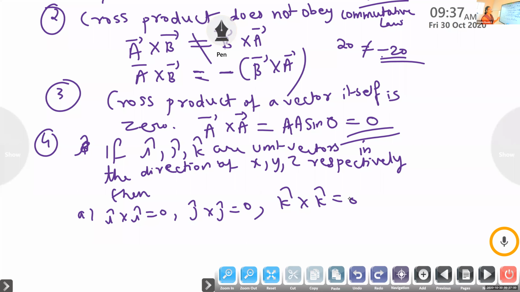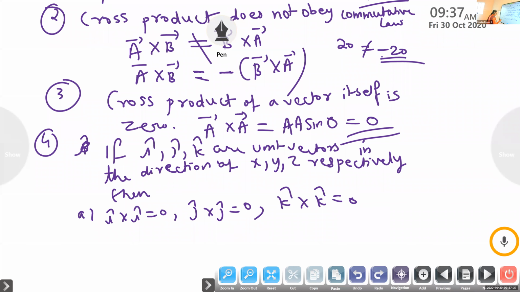But in dot product, see, in order to reduce your confusion, have a comparative study. In cross product, k cross k, i cross i is 0. But in dot product, it is 1. So that is the difference. It is the reverse order. So in dot product, i dot k, i dot j, then k dot i, k dot j, all these things are 0. But in this case, the same-vector one is going to be 1. But this is 0. So that is a comparative study. If you do this, you won't get confused between dot product and cross product.